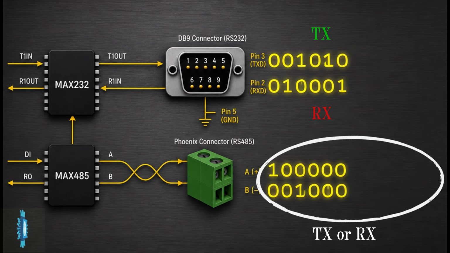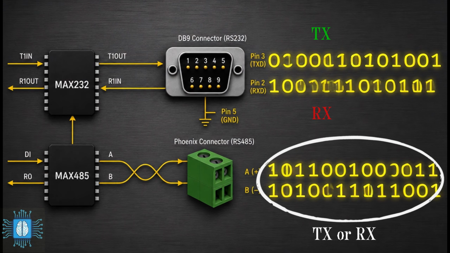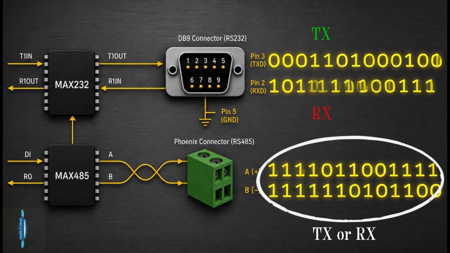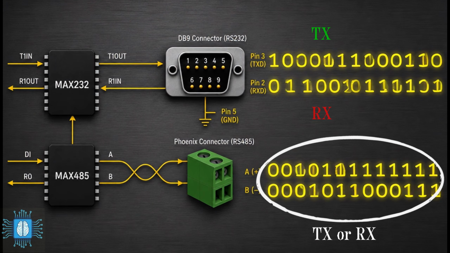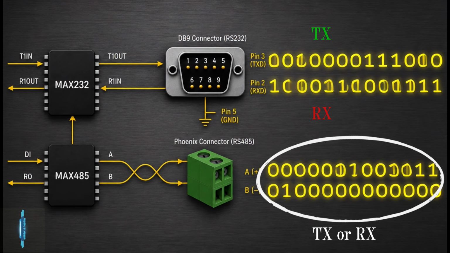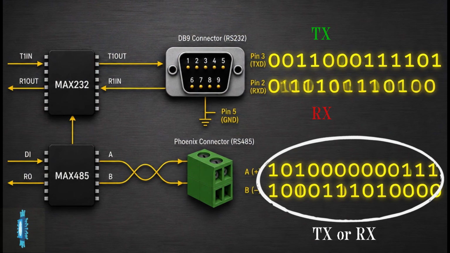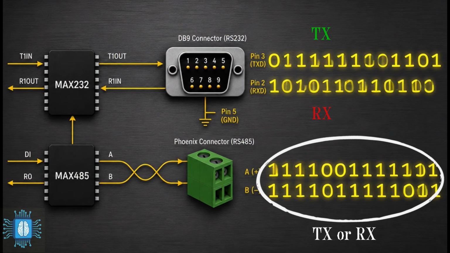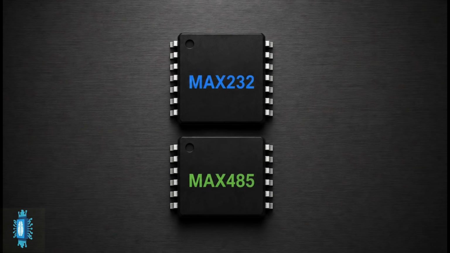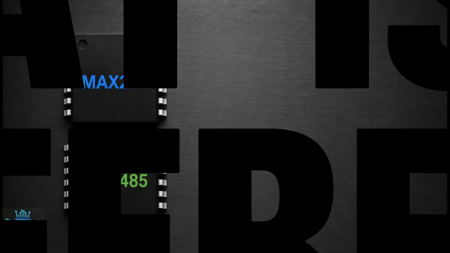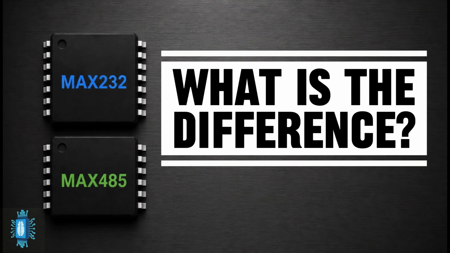In our example, we're using only one differential pair for RS485, so it operates in half-duplex mode. In other words, the A and B lines can either transmit data or receive data, but they cannot do both simultaneously. At this point, I guess you're also curious about the role of these 2 transceiver ICs, so let's look